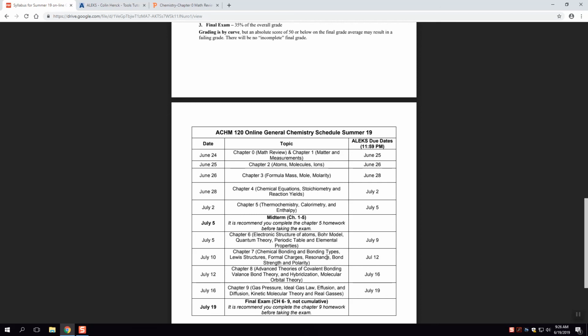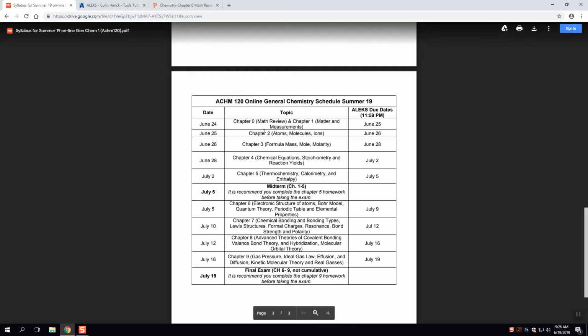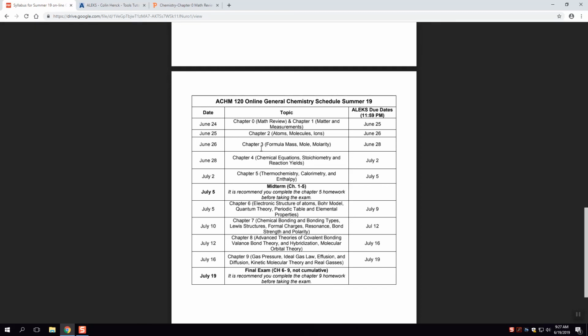Chemistry is extremely hierarchical, which is good and bad. It's good because you review concepts you learn in chapter 2 in chapter 8. It's bad because if you miss the concepts from chapter 2, chapter 3 becomes impossible. So it's really important that you stay on top of this. The onus is kind of on you as the student, when you signed up for an online course, to try to keep on top of this.